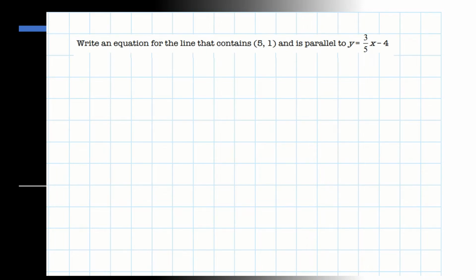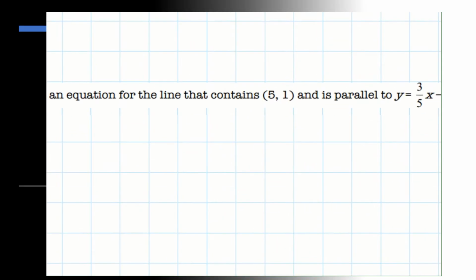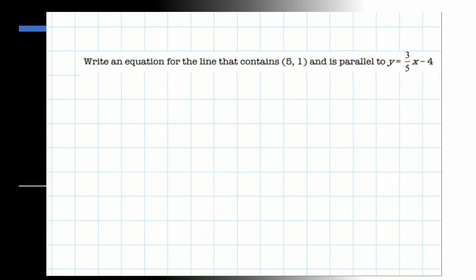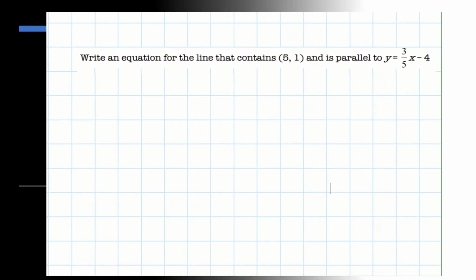Let's go ahead and look at a problem where we are going to be creating an equation for a line that goes through the given point and is going to be parallel to the given line. So let's identify the point that our line should go through. The point that our line should go through in this example is (5, 1), and it's supposed to be parallel to a line that we're given there, which is y equals 3 over 5x